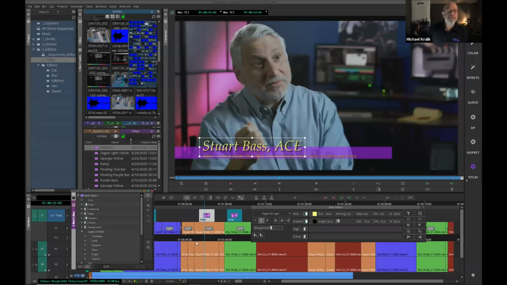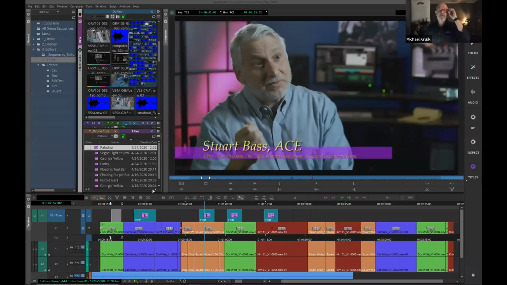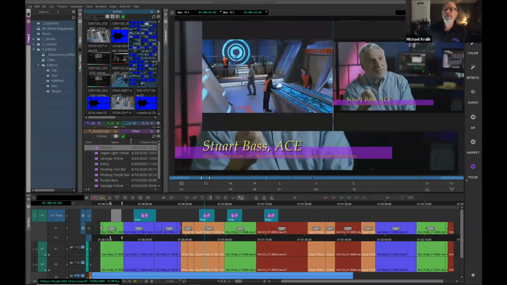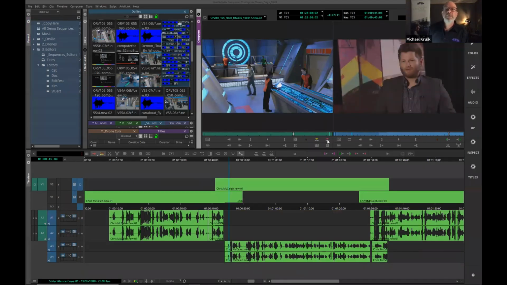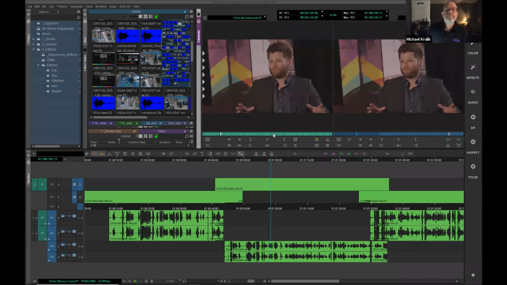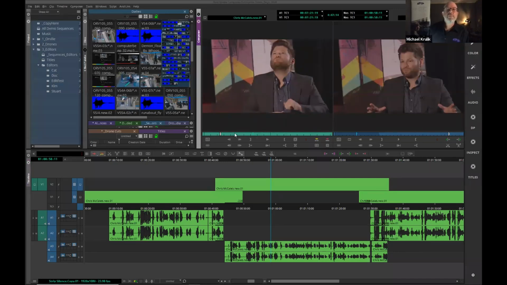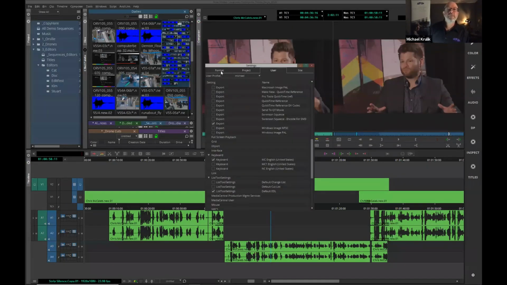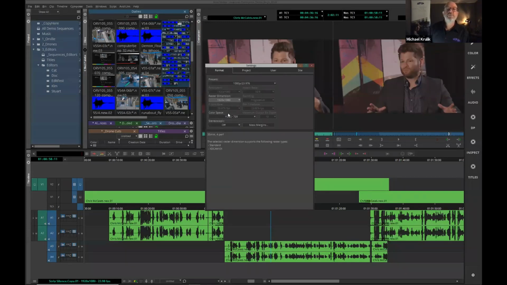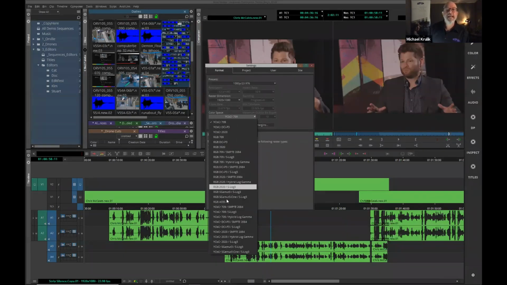Where we also made some adjustments, if anybody's working in ACES, the Academy Color Encoding System, let me go ahead and get out of here. Let me go to, we'll just bring up Chris right here, and I want to bring in my color spaces. So Chris is at Rec 709, so it is an HD project. If I go into my formats, and I want to change this color space from 709 to be ACES,